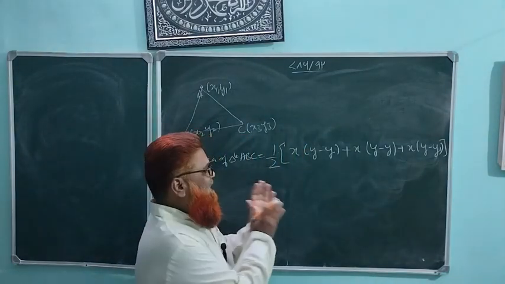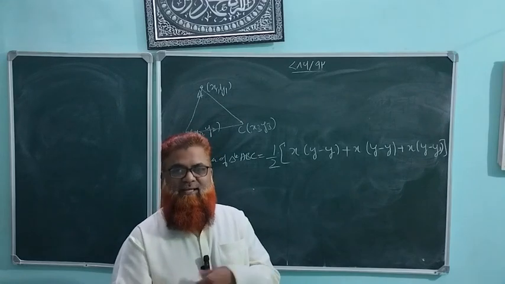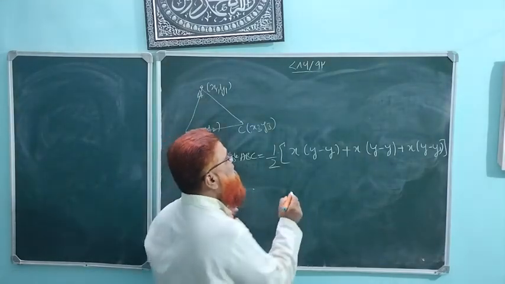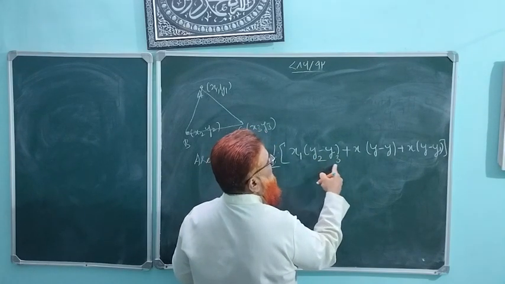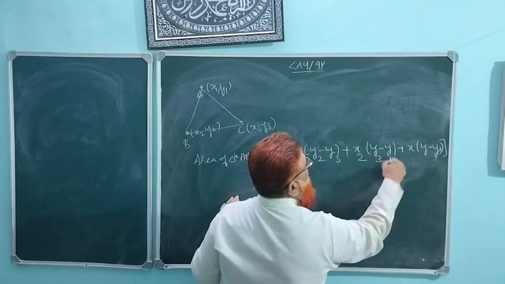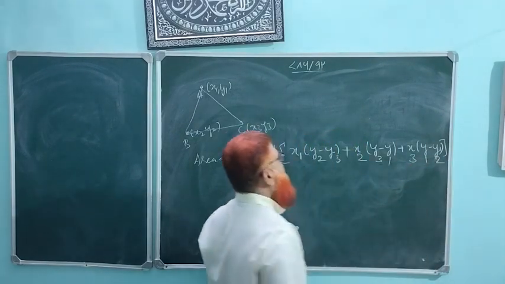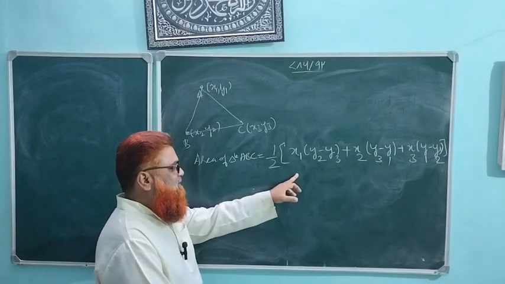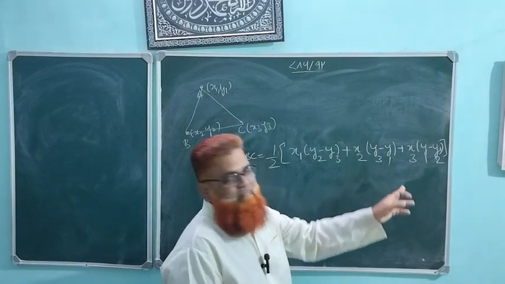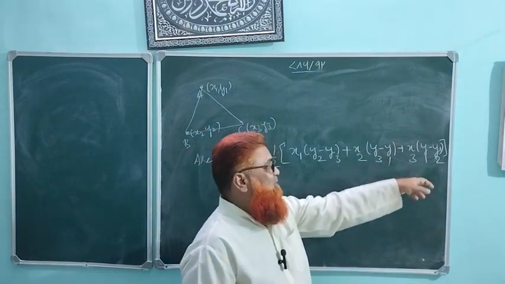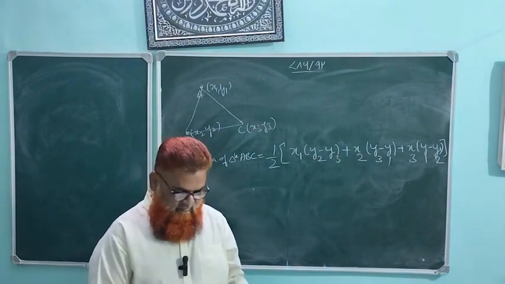What you have to write? First x(y minus y), another term x(y minus y), the third term x(y minus y). Then you have to name it 1, 2, 3. Started 1, 2, 3, and now you start with 2, 3, 1. Now you start with 3, 1 and 2. This is the formula: half into x1(y2 minus y3) plus x2(y3 minus y1) plus x3(y1 minus y2). We will solve one problem from the textbook